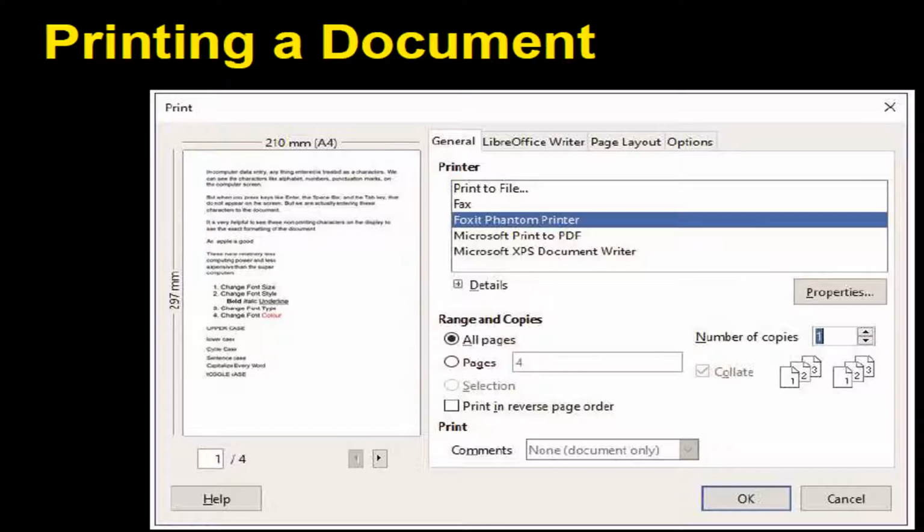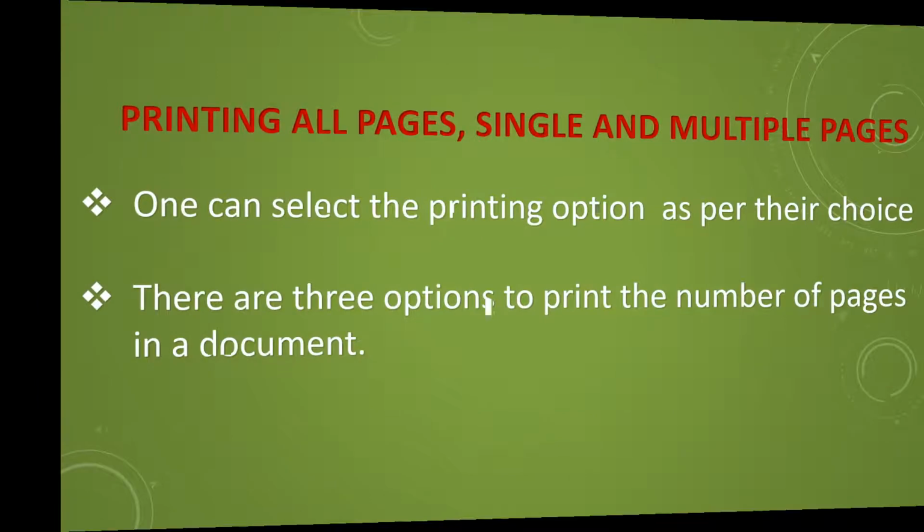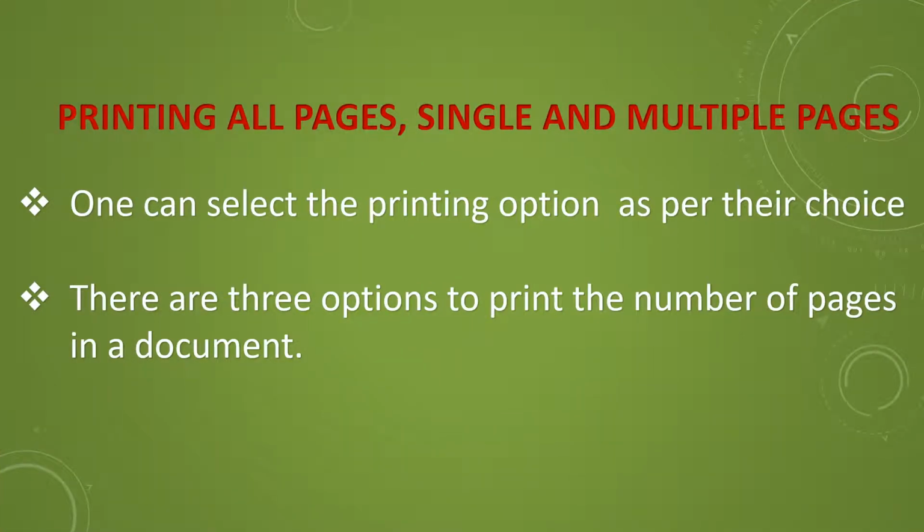In this slide, I attached the controlling printing dialog box diagram. Here you can see the options: printer, print properties, print range, copies and options. Everything, the triangle symbol, everything is present here. See the dialog box, children.